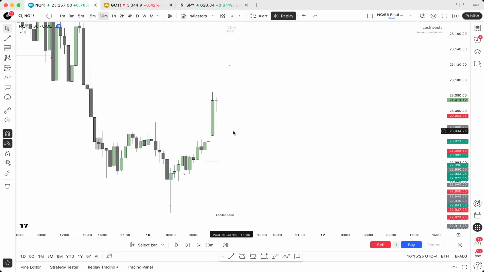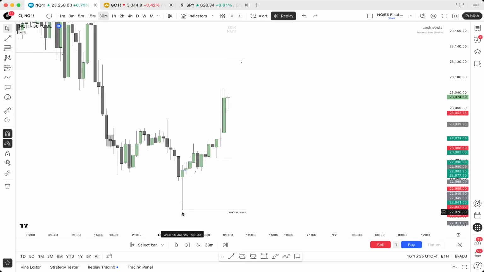So getting right into it now, I think it's important that we start off with the higher time frame analysis for my entry into this trade. And it all starts from this London low that was formed down here at 3 a.m. So what did we see happening with London lows here? Well, during this London session, we saw the beginning of a bearish leg at around this 2 o'clock candle, where finally we saw an extension down to these lows here at around